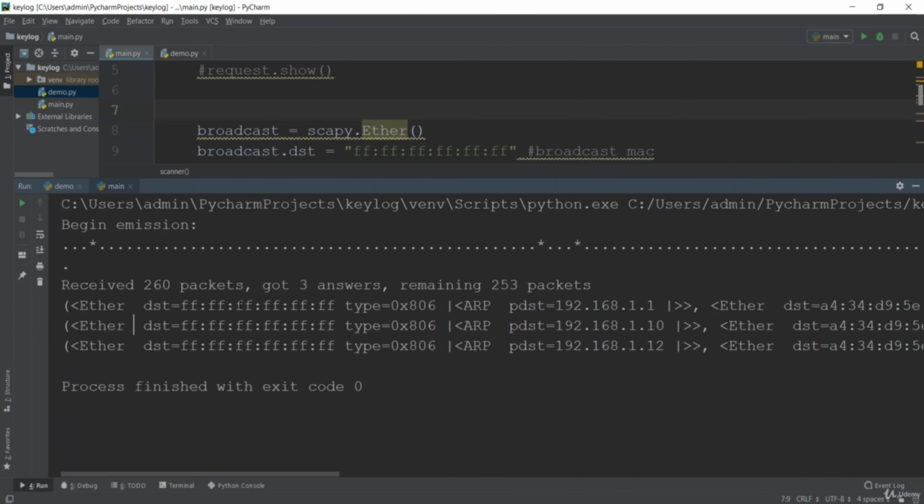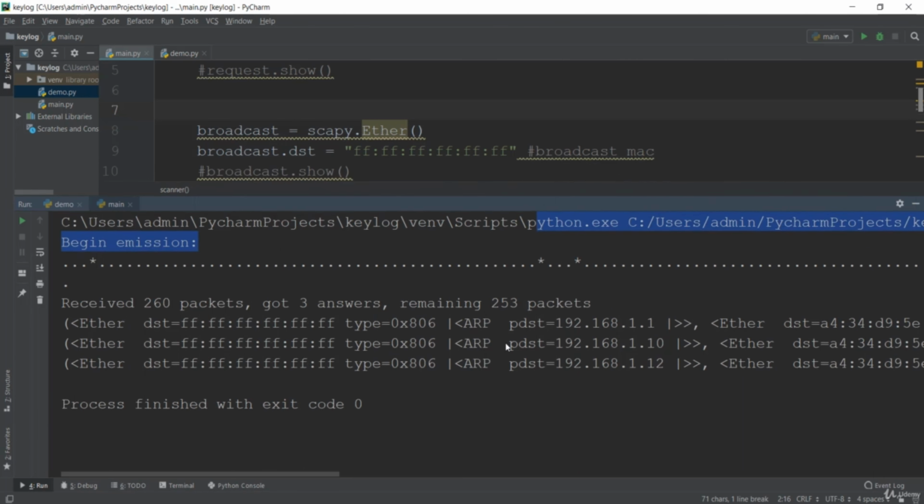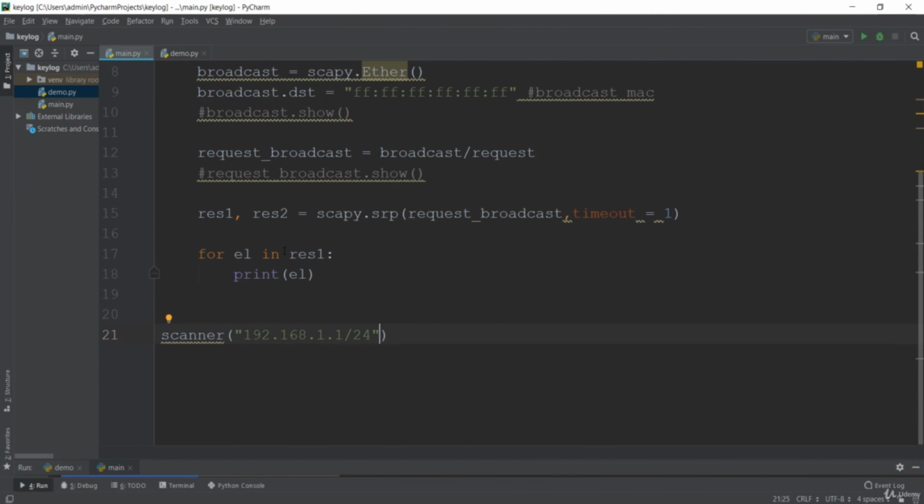So okay, the next time it works. There was no problem, we got 3 answers. It is saying that 3 is connected, so there are 3 machines or clients connected to this network. You can see the clear code over here, that we are getting the response from this SRP,